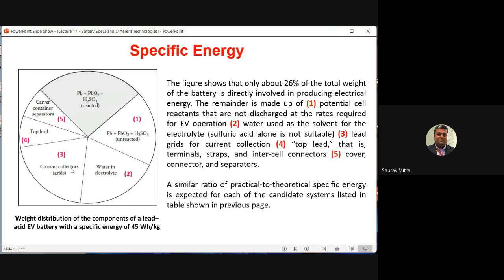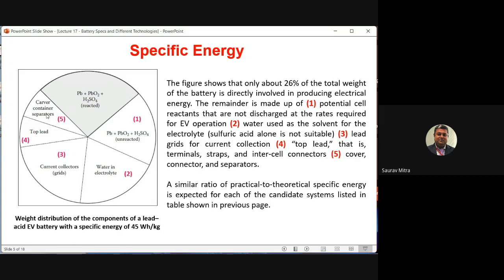Top lead. Okay, so whenever the battery is there, it is covered by some kind of very hard plastic material, that is top lead. Actually, this top lead is saving the inner parts of the battery. So somebody will say, sir, it is not required. We cannot say like that. Top lead is required. But we have to do material science related study, so that we have to find out which are the very lightest kind of plastic which can generate the top lead, and which will not reduce the specific energy. Because the more the weight, the watt hour per kg value will reduce.